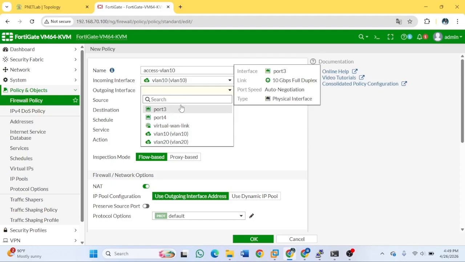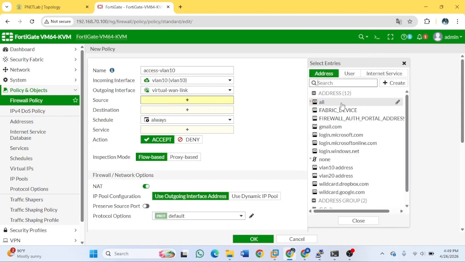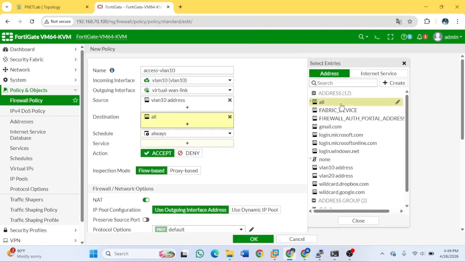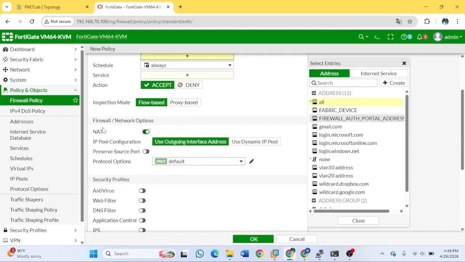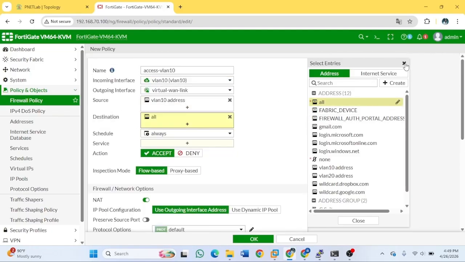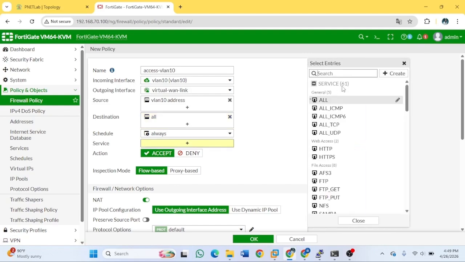The outgoing interface is the virtual WAN link because it's outgoing to SD-WAN, and the source is VLAN 10 and the destination is all, and NAT must be turned on here. And wait, the last is the service: all.